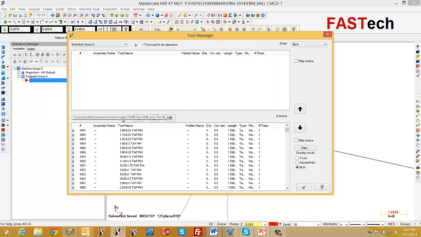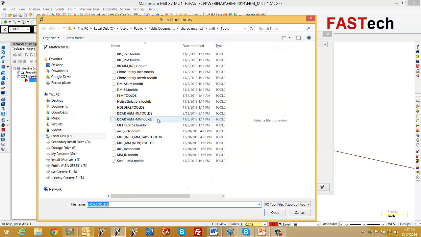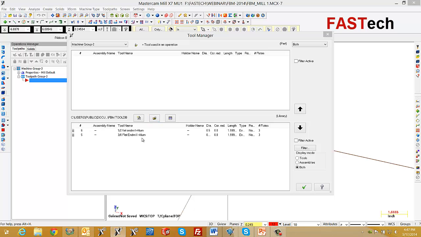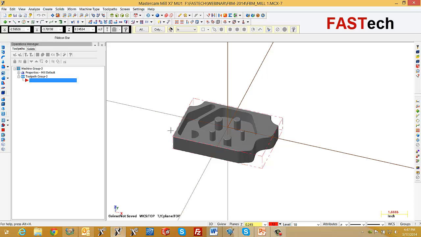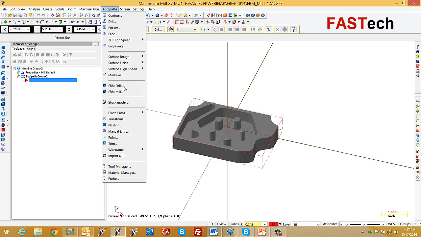Now with Mastercam, I can go with a library or make a library of my own. In this case, you can see that I just made a library of 3/8 and 1/2 inch tools. If I drag up my 3/8, it's for aluminum, and I can make these libraries however I want. All my feeds and speeds are included with this. So now with my tool being chosen quickly and first, I'm able to say toolpath, feature-based mill,